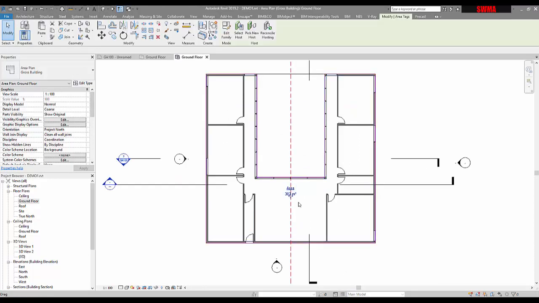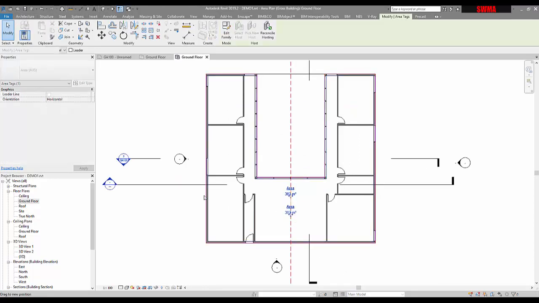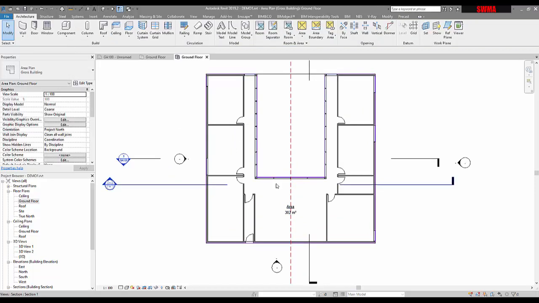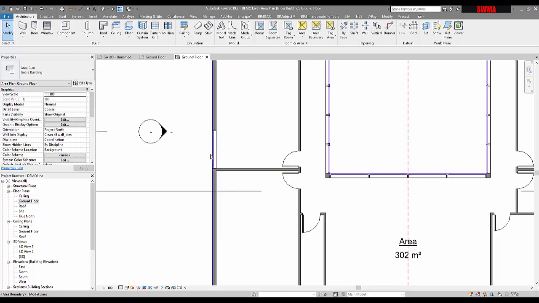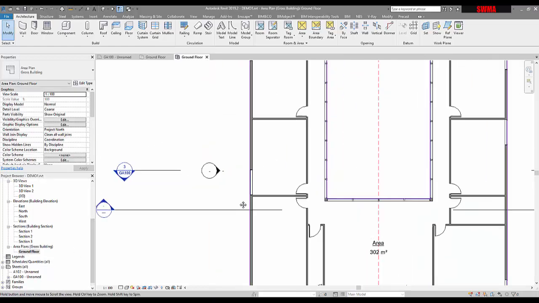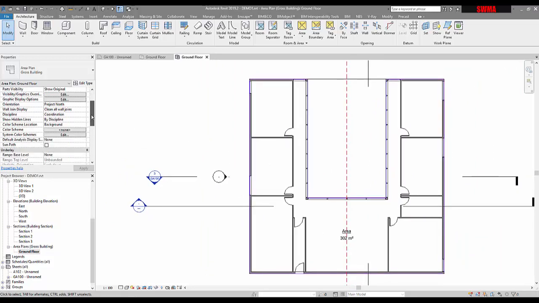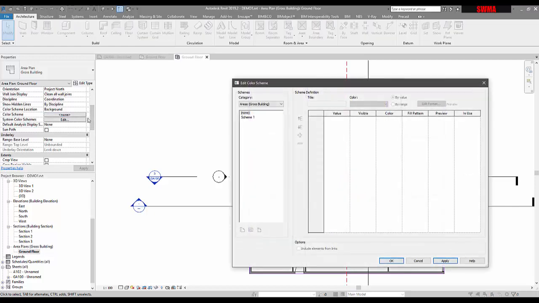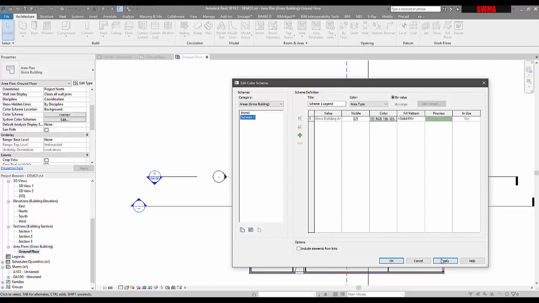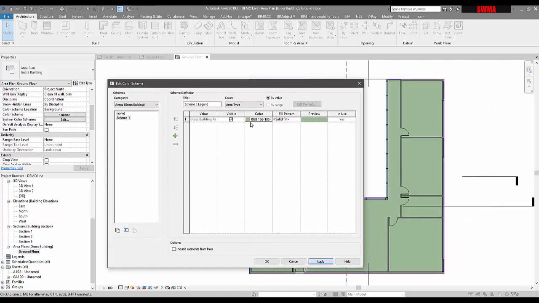So automatically, it's also given us this little tag here. Just got automatic tagging, and this is the perimeter of the building. It's also going to file it down here under area plan, and the way you can also display this a little bit better is we've got tools down here for the color schemes, and you can start to look at maybe setting up a scheme here, and this is just default out of the box,